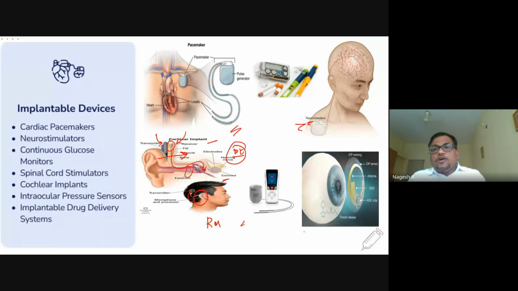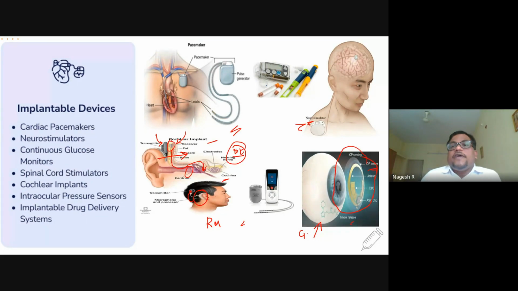Another interesting one is glaucoma. The most common age-related issue is glaucoma, due to the intraocular pressure. There would be vision loss. That is called glaucoma. There are certain companies which have come up with lenses like this, which will automatically sense the intraocular pressure and transmit it to your smartphone or to whatever healthcare devices you have. Thereby, real-time monitoring of the intraocular pressure can be done, and